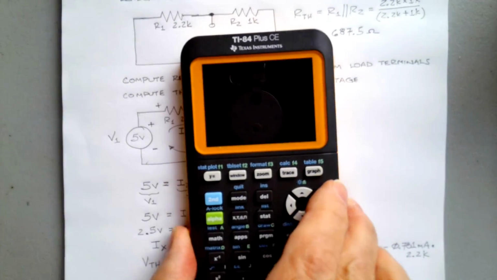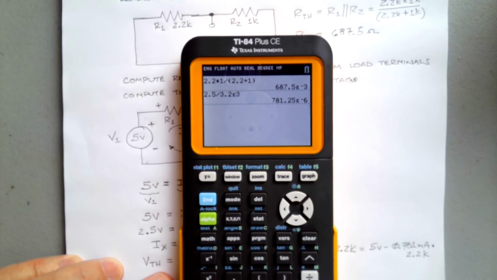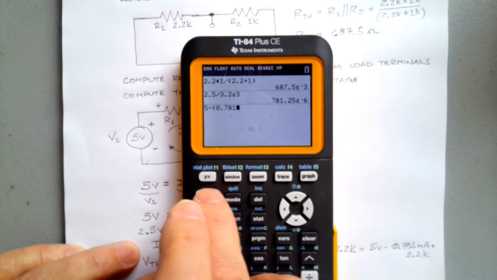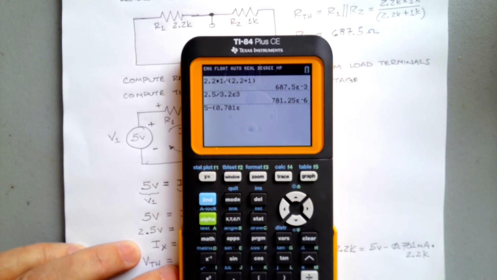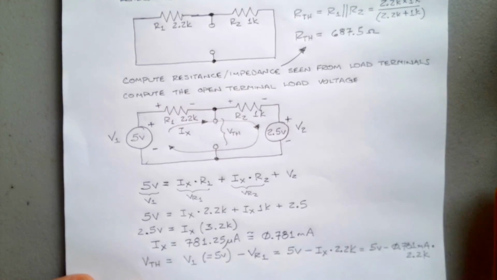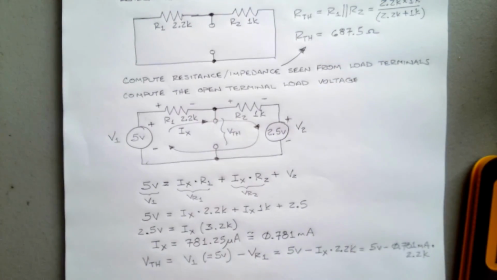And so we'll bring back the calculator here, and we'll say that 5 minus the quantity 0.781, now I'm using milliamps, so that's minus 3, times 2.2 plus 3 is K, and enter that, and I get 3.28, not 3.282,